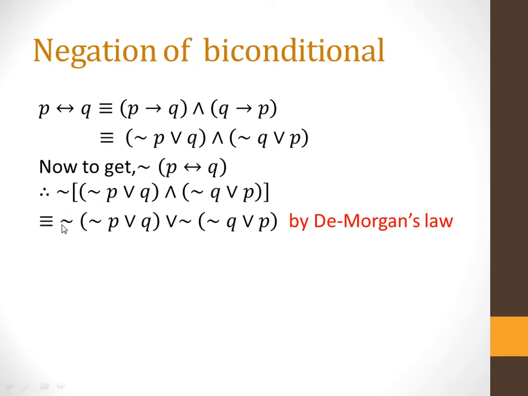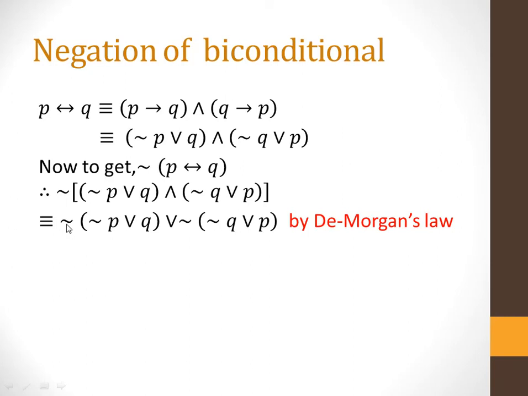we get the negation of this first statement, and becomes or, and then the negation of this. So consider this as one statement and this as another statement. It is joined by and. So by De Morgan's law, and becomes or, and we have to write the negation of the first statement as well as the second statement. So we get this step like this.